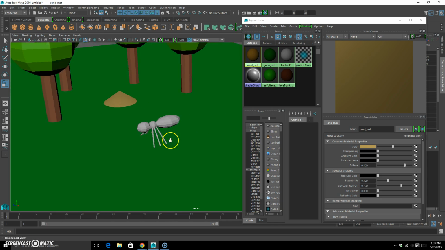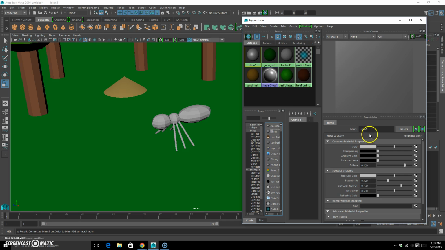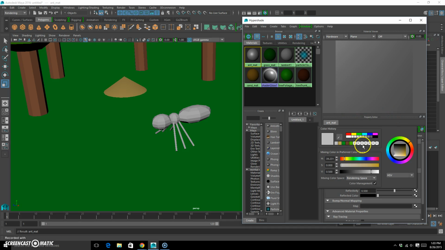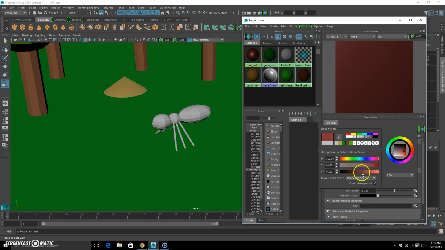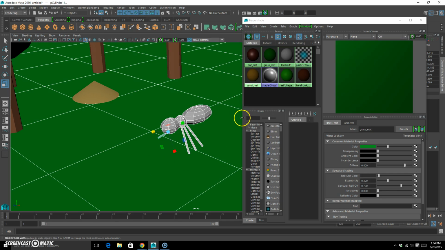All right. Now the ant here. Same thing. Make another blend. Going to call it ant underscore mat. I'm just going to make it all the same color. So I'm going to make it a red ant because that's a little bit easier to see. So I'll go like that. Okay. And then what I'm going to do is click and drag over the whole